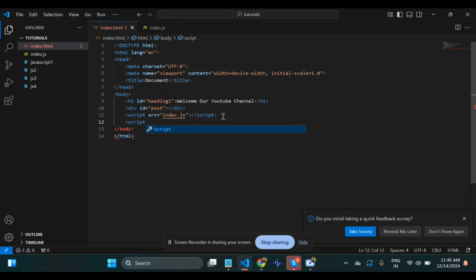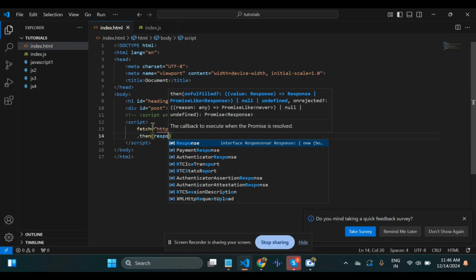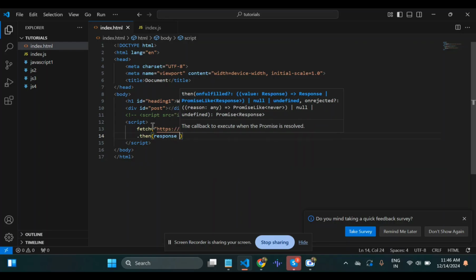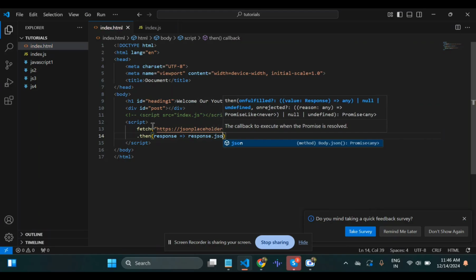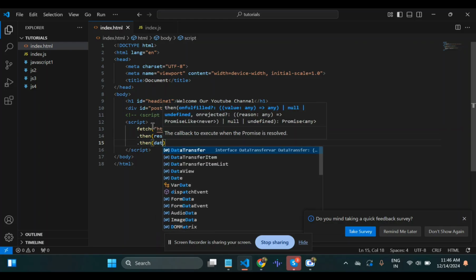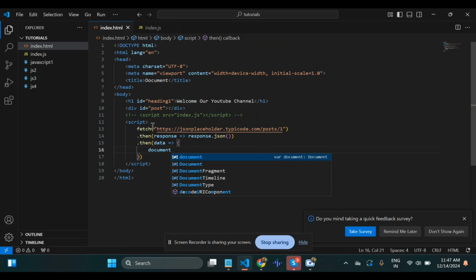Fetch, then, and then response is equal to response dot json, again dot then data, document dot getElementById post dot innerHTML is equal to